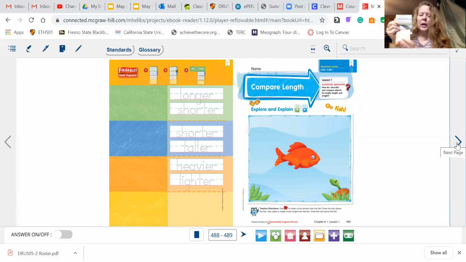Okay. And then I have heavier, lighter. Which one weighs more and which one weighs less. And then I have my own I can put on the bottom if I want to. So just a nice way to